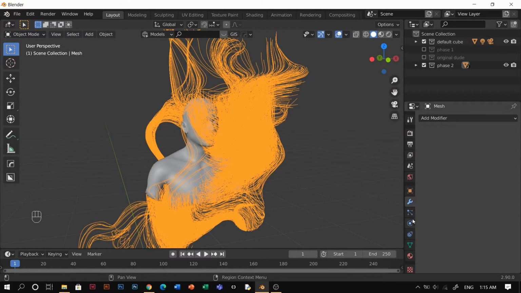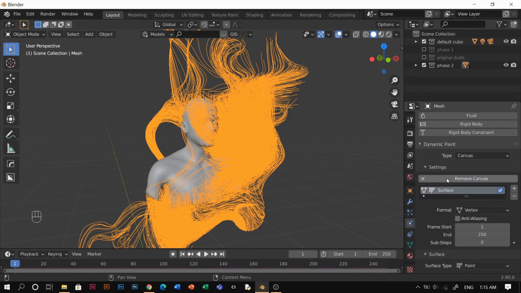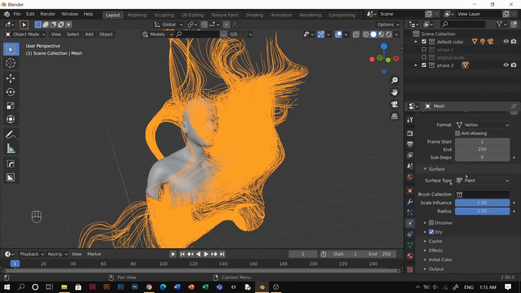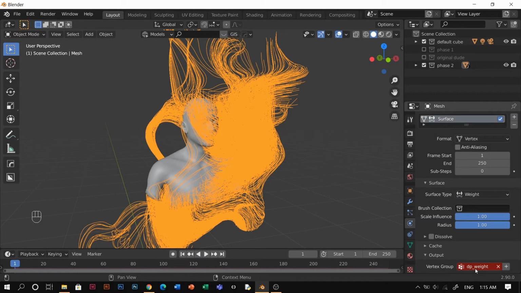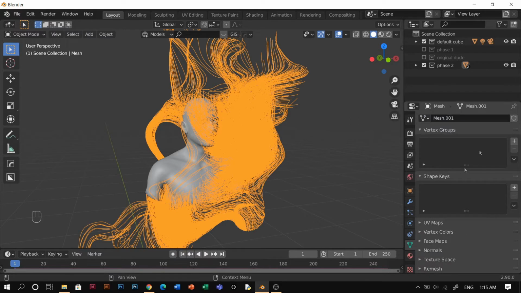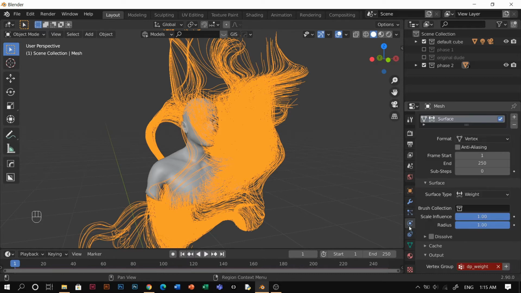So click the hair first, and then go to the physics tab and dynamic paint. Add canvas, surface type, make it weight, and then for output you will see DP weight. You need to make a group here. You can rename this, but I'm just going to name it DP weight, the same thing. So I would just do that, and then if we go back here, oh sorry,